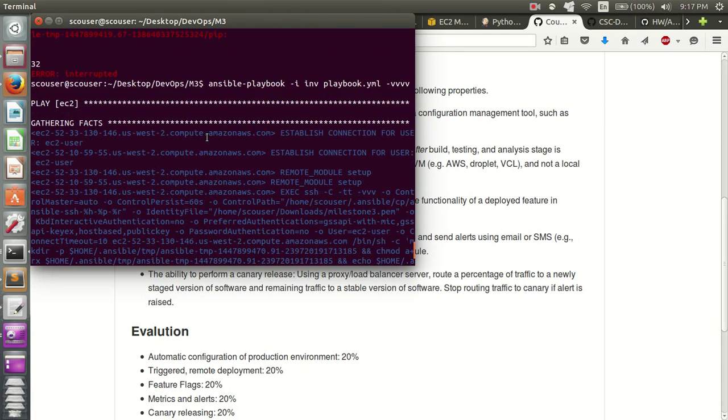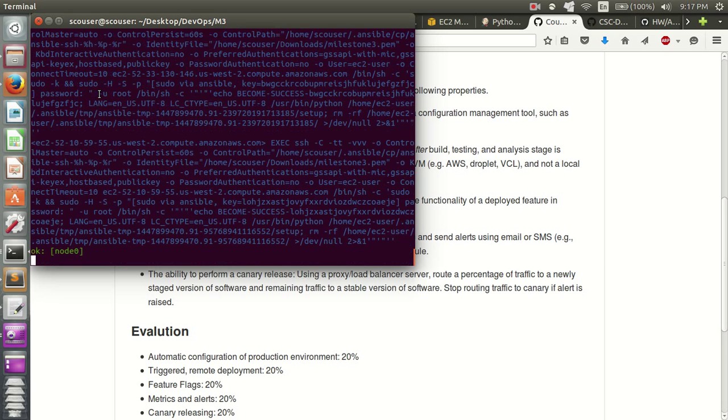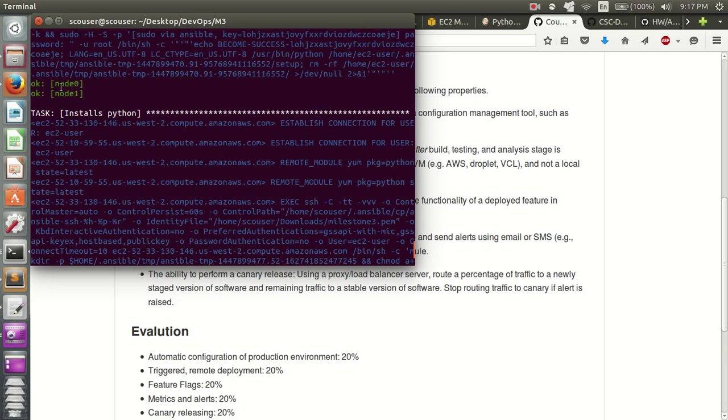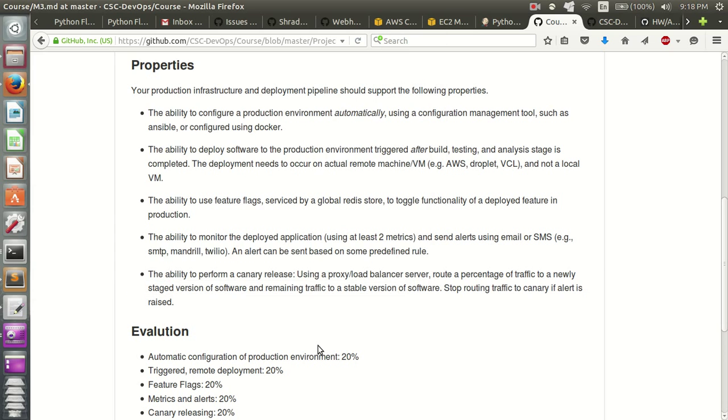So as you can see, it's started to install stuff on node 0 and node 1, which are the two instances on which we'll be deploying our application. Then we are building and testing. After the build and testing analysis stage is done, we are deploying the code onto Amazon EC2 instances using the